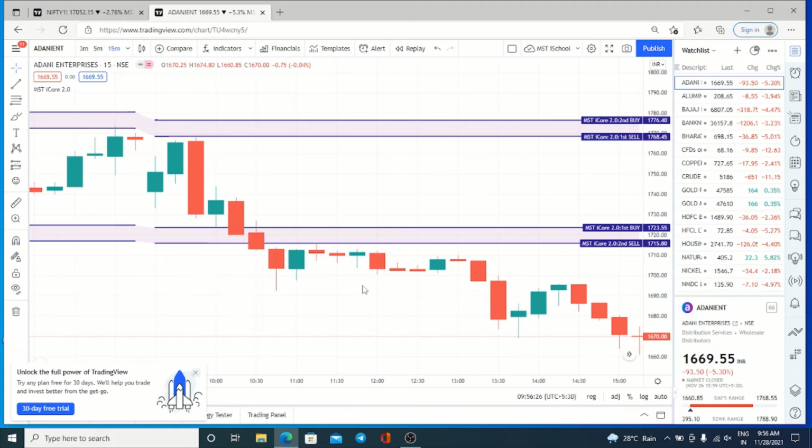MST central pivot point. Okay, so what it indicates: TCP is a customized one, and then PDC is the previous day close. Then PDL is the previous day low, and PDH is the previous day high, and pivot, this is the normal pivot point. Then today open, and this is the previous day VP value.